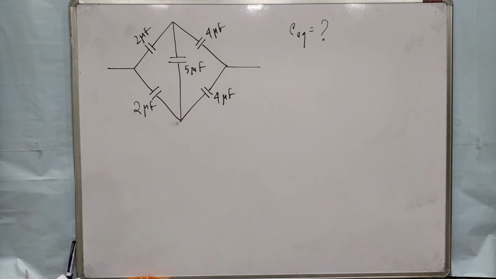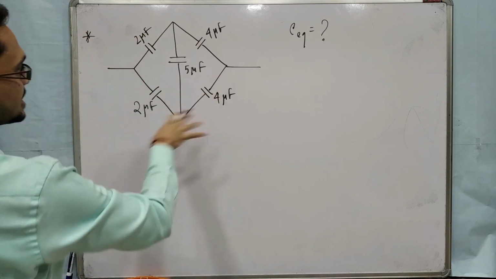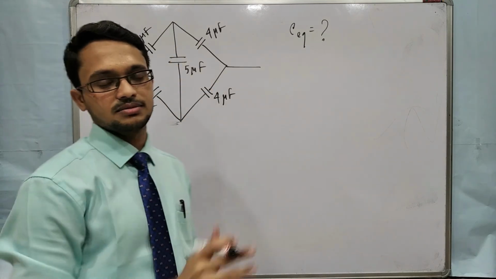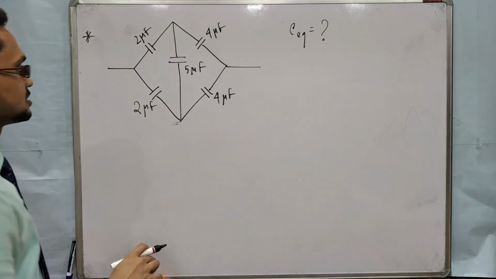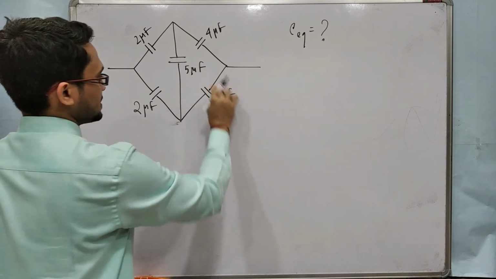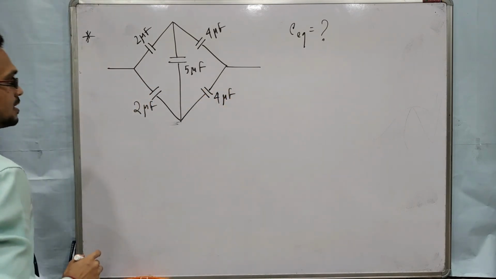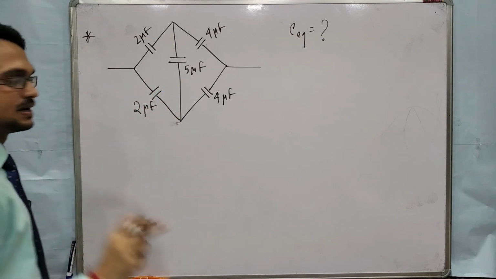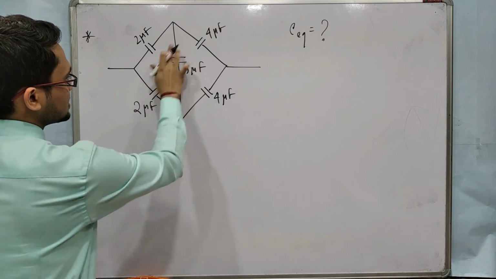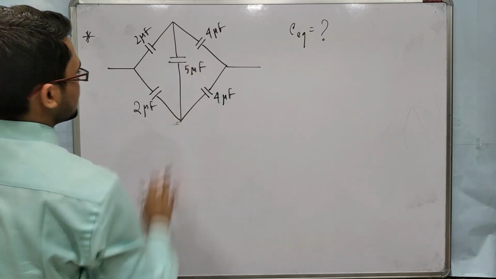Okay, so how will you find? Here you have to find one thing. This is a particular kind of circuit. We will do this kind of circuit in the next chapter, that is current electricity, and this kind of circuit is known as Wheatstone bridge. In place of capacitors we will place different resistors in that circuit. So here we get one condition. If that condition is fulfilled, then we can remove this part of the circuit.